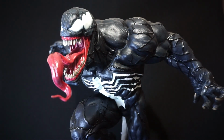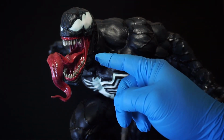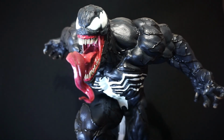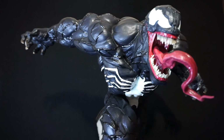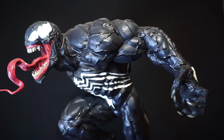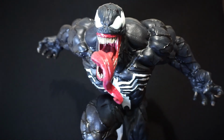One thing I didn't like about the Prime 1 Venom that's coming out, which hasn't been released yet, is the tongue. The tongue to me looked translucent, almost like a translucent piece of plastic. It didn't actually look like a real tongue. I don't know if they'll change that during production. It's possible. But I think XM did the right thing and didn't make this translucent. They made it look like a real tongue with saliva glistening on it, which makes it look crazy. If you ever encountered Venom in an alleyway, you'd just be like, what the